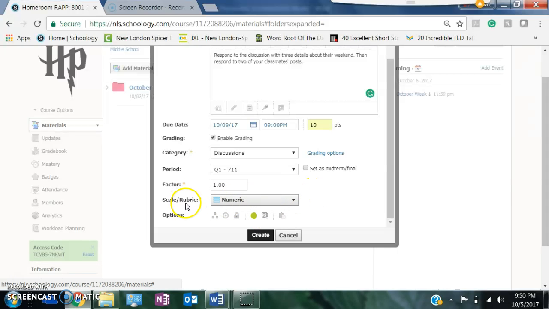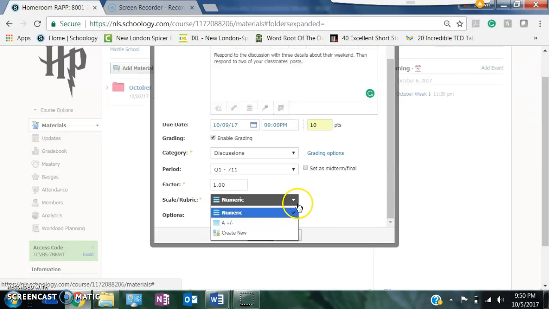There is another option here that says numeric, and if you are using rubrics already for different things and you've got lots of rubrics, let us know and we can help you get those into Schoology. Otherwise, I would just stick with this numeric for now, and then as we get more comfortable with Schoology, we'll dig into rubrics a little bit more. If you're super interested, please let us know and we can help you